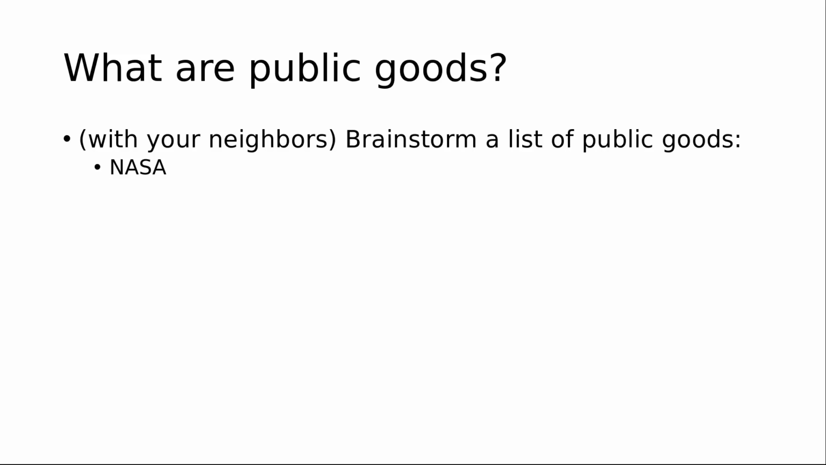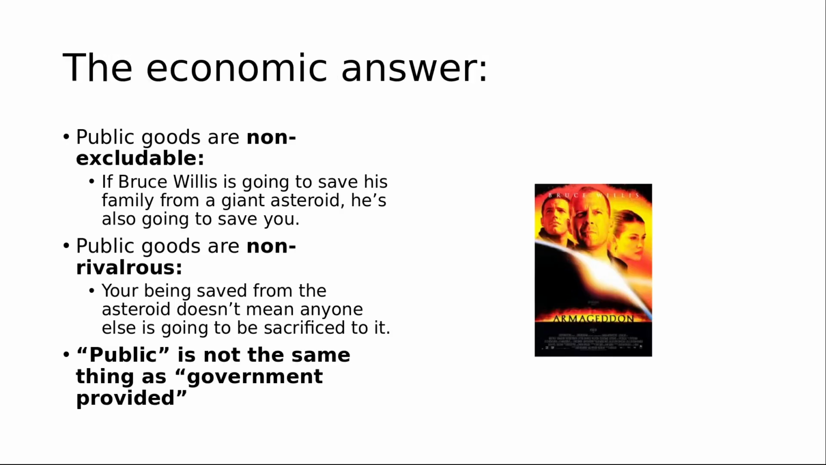So we start with an example, NASA. When we ask this in class, we get a whole bunch of examples, and what we end up finding is that a lot of them don't actually line up with the economic definition of what a public good is. Instead, we often get examples of things that are publicly provided, but not necessarily a public good. So there's a really easy example, right? A sort of standard thing. Let me